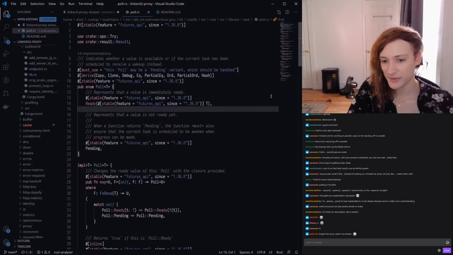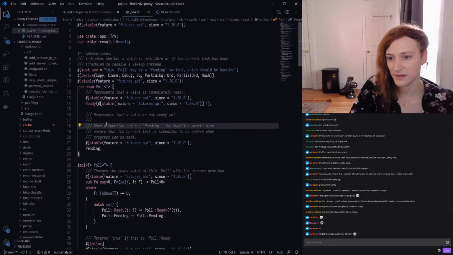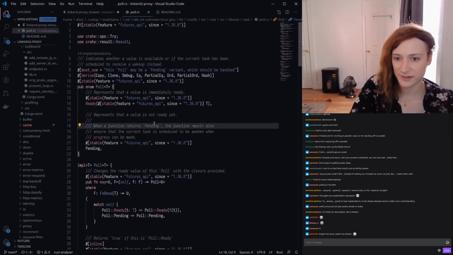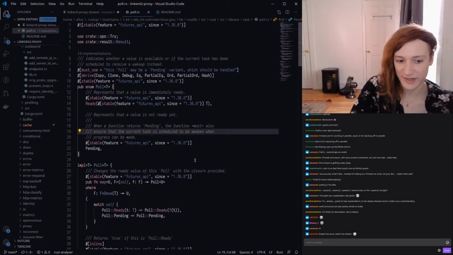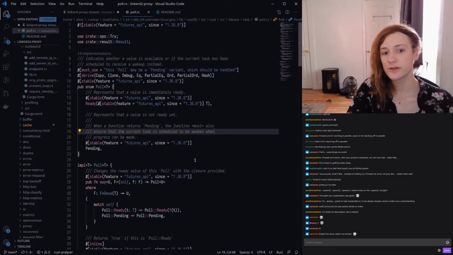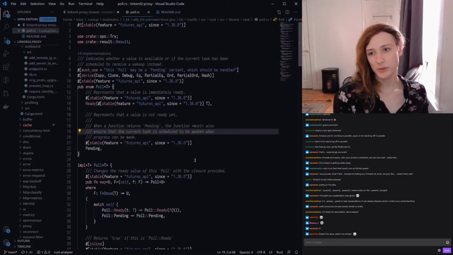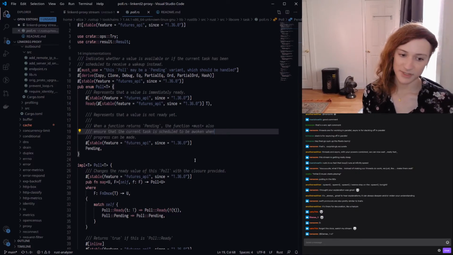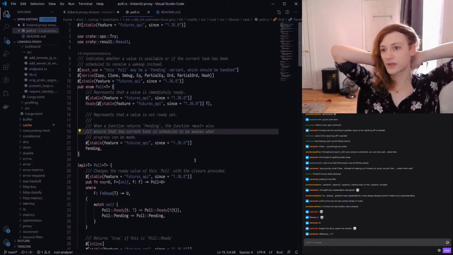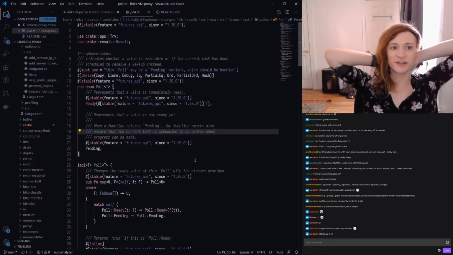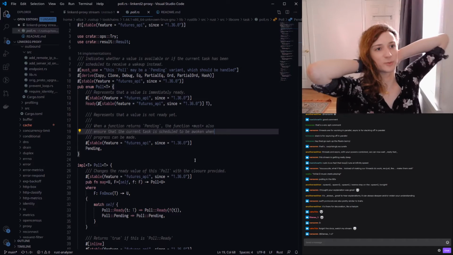And here's where we maybe do want to look at the comment, because we see this here that when a function returns Pending, the function must also ensure that the current task is scheduled to be awoken when progress can be made. What does that mean? Well, we don't know. We know that it means that when we return this thing called Pending, that means that we are waiting for something. We are waiting for some I/O to be performed. And instead of like, okay, the thread blocks, and it blocks by, there's like a yield syscall somewhere that it calls,